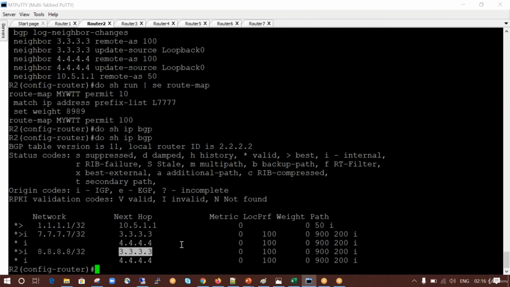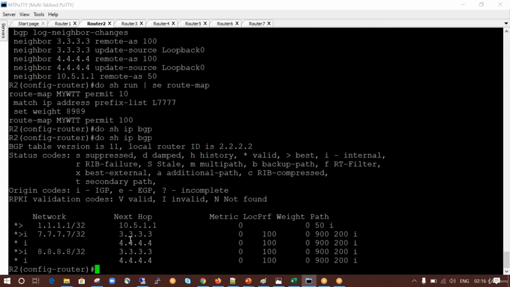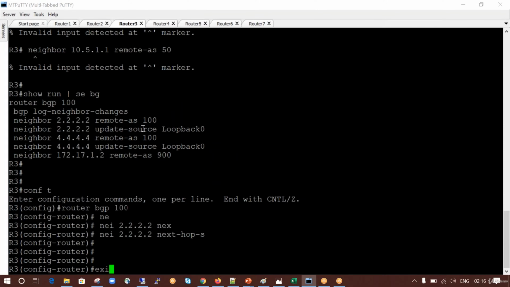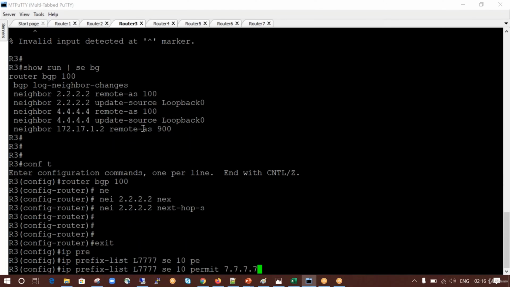So both the updates are coming via router 3, which we don't want. For 7.7.7.7, I want it to come via router 3 with router 4 as backup, but 8.8.8.8 should come via 4 and then 3. So primary, secondary, and secondary, primary, like that we want to use. What we can do here is go to router number 3 and create the prefix list first. So I'll create an IP prefix list, say loop 7777, sequence 10, permit 7.7.7.7/32,